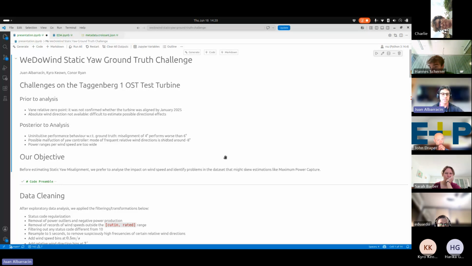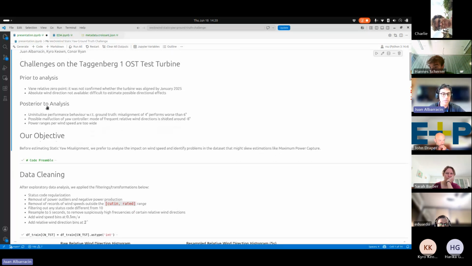to further analysis. And posterior to analysis, we found three things. The first thing is something that I mentioned and you just showed, Sarah, is that the performance behavior with respect to the ground truth is unintuitive, because we have seen that on average, the power curve of 4 degrees misalignment is below the 6 degrees, which means that 6 degrees is less misaligned than 4.